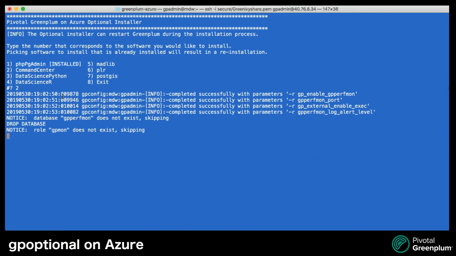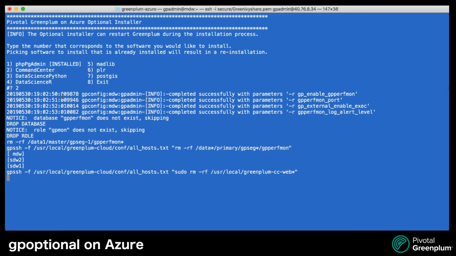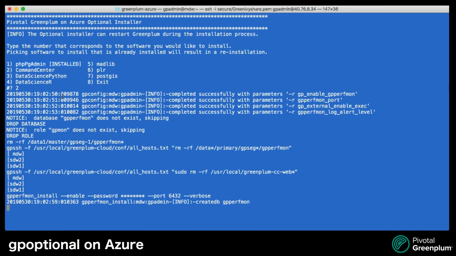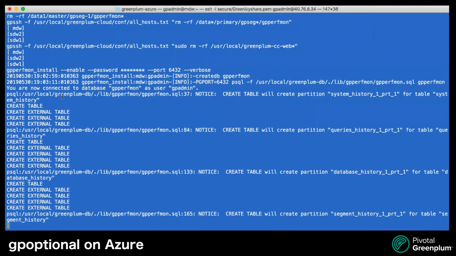Command Center installation requires installing many components within your database that are somewhat automated, but the gpoptional tool completely automates all the execution of tasks needed to install Command Center. This is also the same utility that's run during deployment. If you were to pick the Command Center installation,